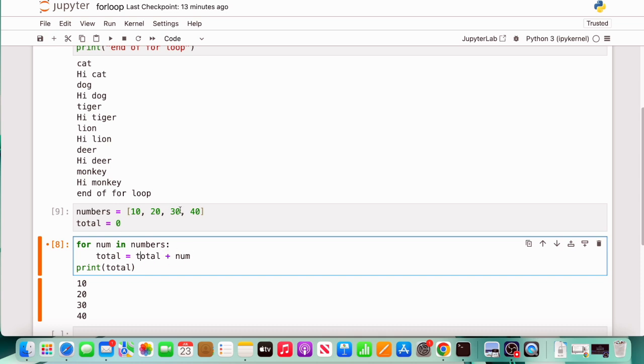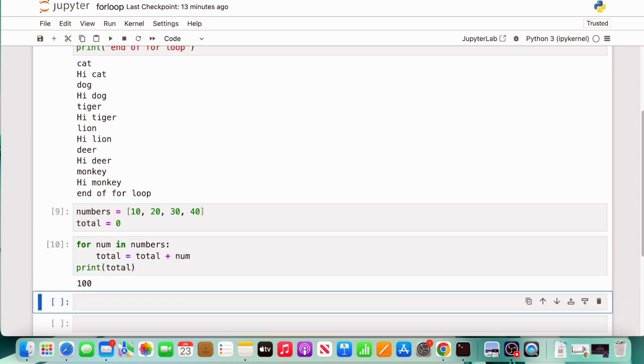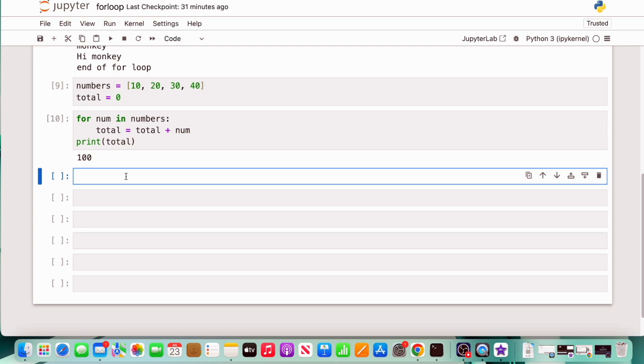In the third iteration, we have a total of 30, and it will take the next number, 30, and sum it, so the total will now be 60. In the last iteration, the total is 60 and it will take the last number, 40, and it will give you the total number at the end of the loop. You print it. Now let's say you want to create a list of a range of numbers, say 1